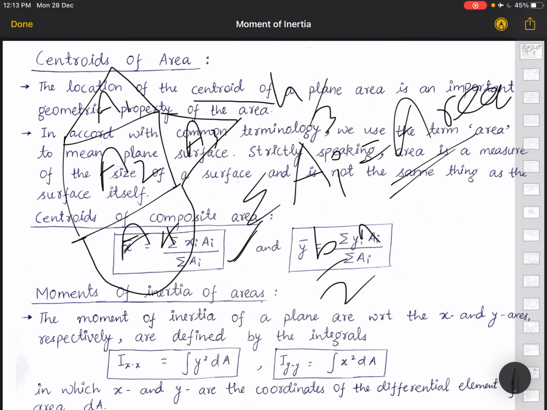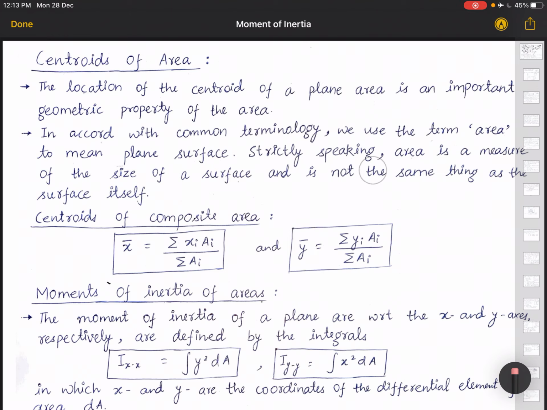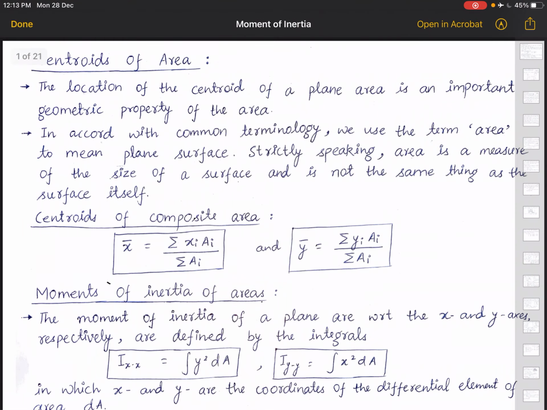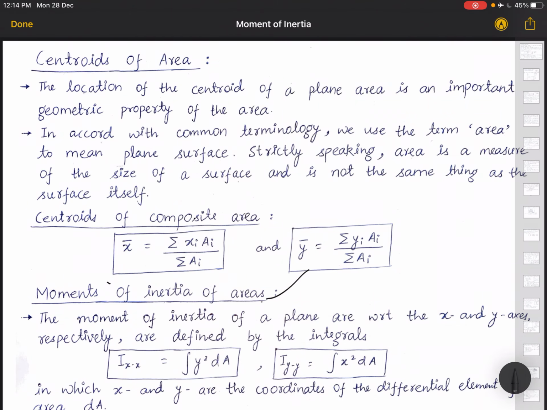If the axis is x, then we will get the x bar, and if we are calculating with respect to the y axis, then we will get the y bar. So x bar and y bar are the coordinates of the centroid of that particular given area. Now why are we calculating this? Because we want to calculate the moment of inertia of the areas. Okay, so for us this is a very important parameter. What? Moments of inertia of the area.